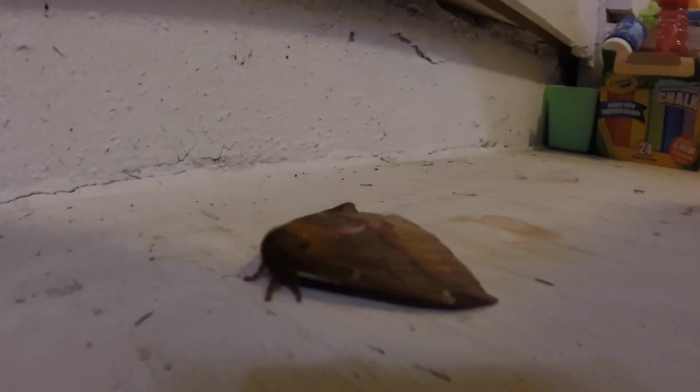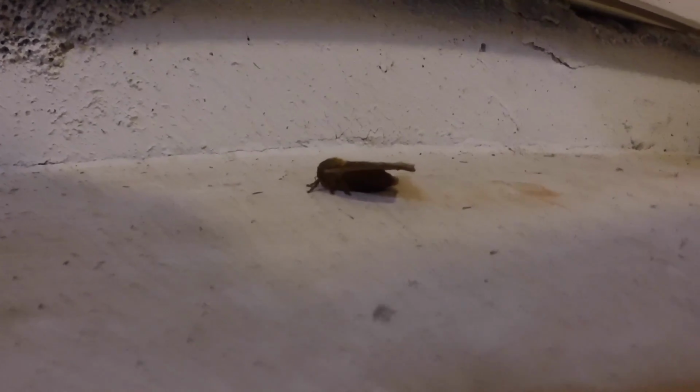Look how big this freaking moth is. Thing is massive. It's not moving. Oh, look, he's got like a little hidden,